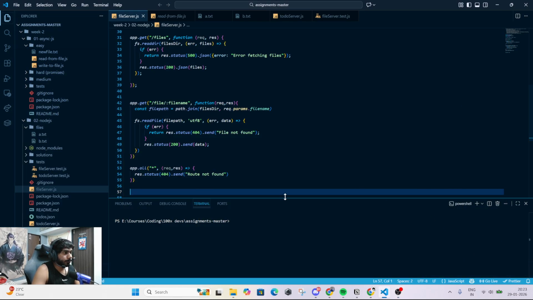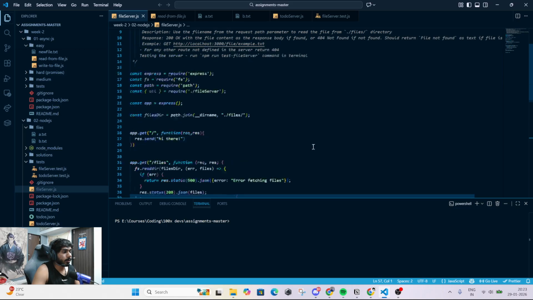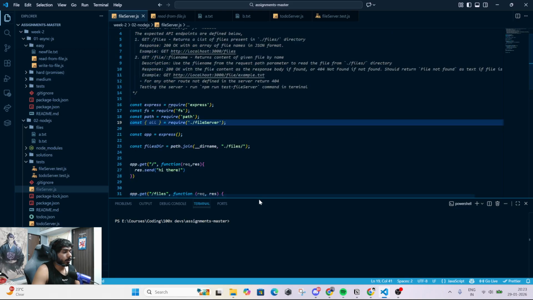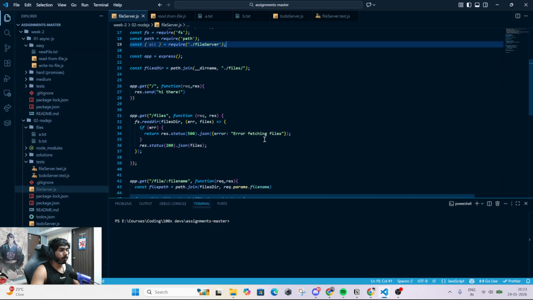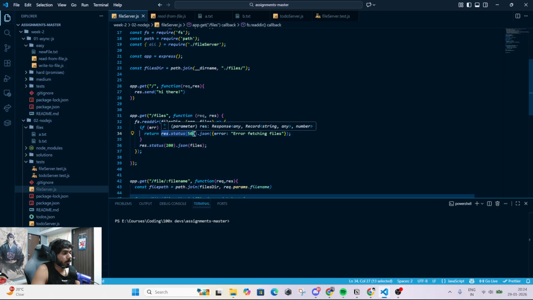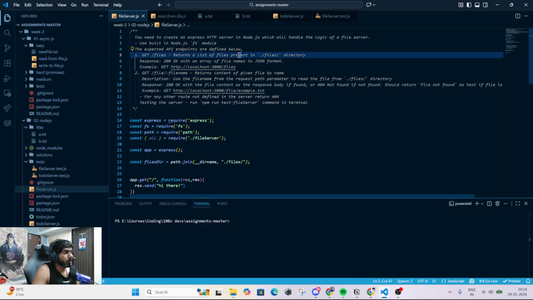We are back. Yesterday we did the file server, although it was still having the issue with the errors. It was not handling it properly. The only thing was that we are already doing this res.status whatever, and we just needed to return that properly. So we had to do two things if you are here for the first time. Return a list of files present in some directory, and second, to return the contents of a given